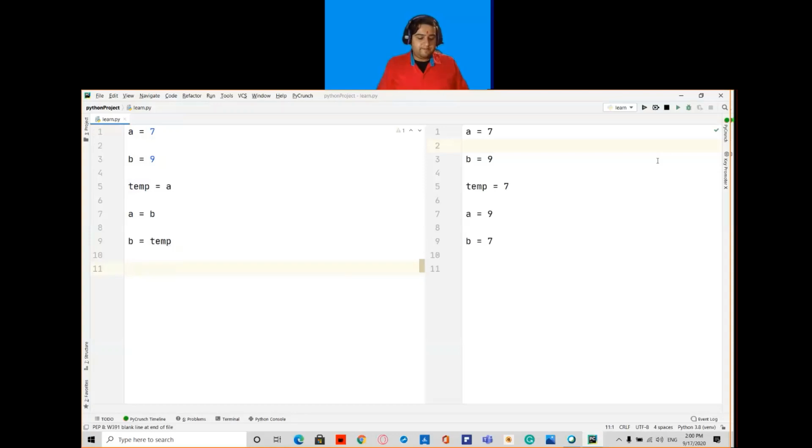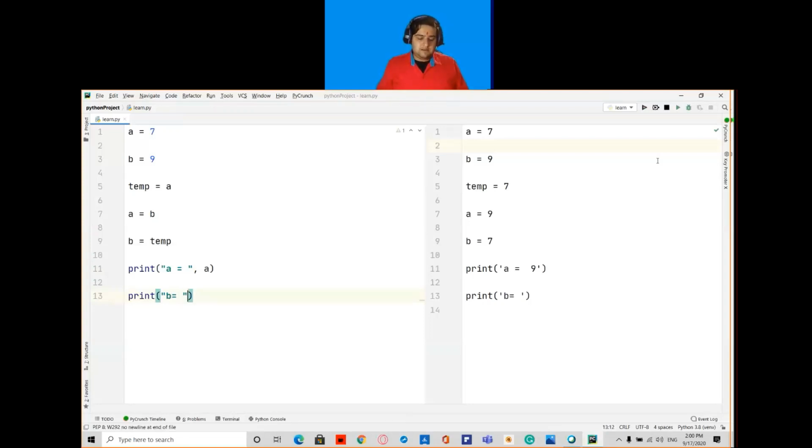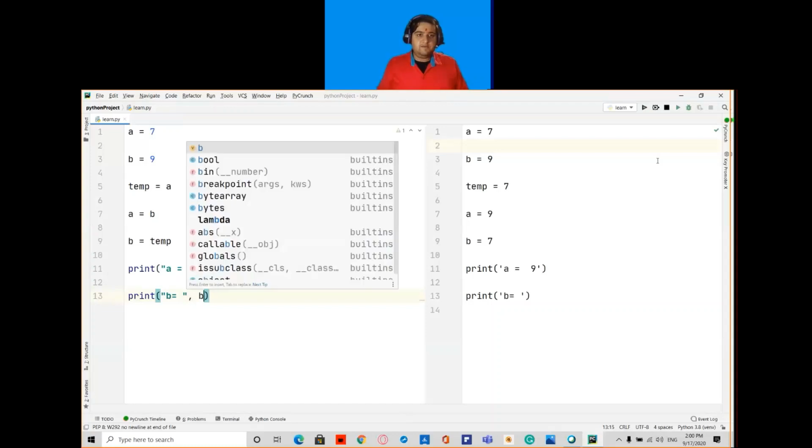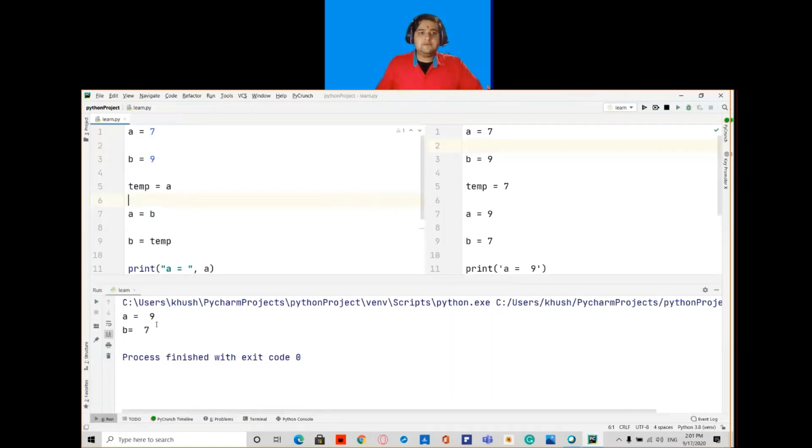Now I will write print, A is equal to, and comma, I will call the variable A, and next print B is equal to, and I will call the variable B. So now if I run this program, you can see that the value has been swapped.